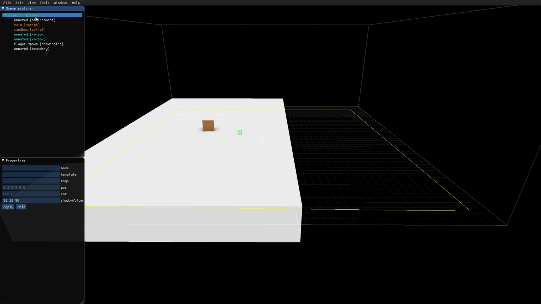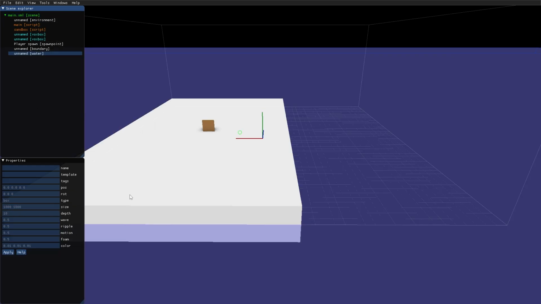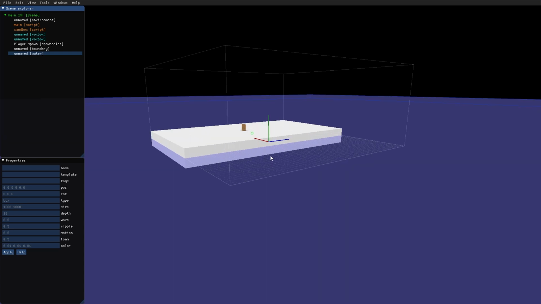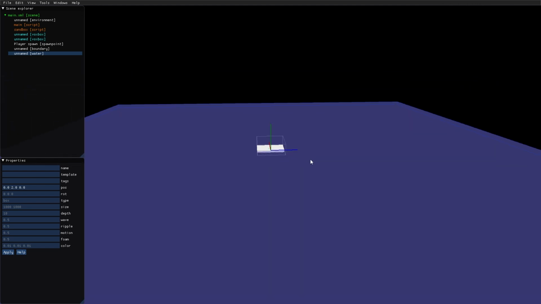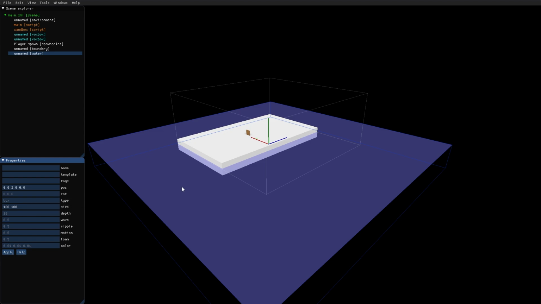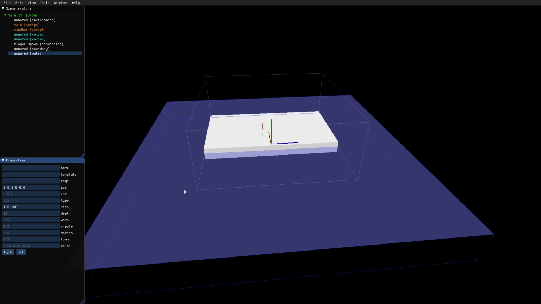Now let's select the scene node again. Right click, New, and select Water. Now I have added water to the scene. And like any other object, it can be moved up and down, left and right. And even the size of the water can be changed, for example to 100 by 100 meters, so it's extending a little bit outside our level. We also have depth of the water.